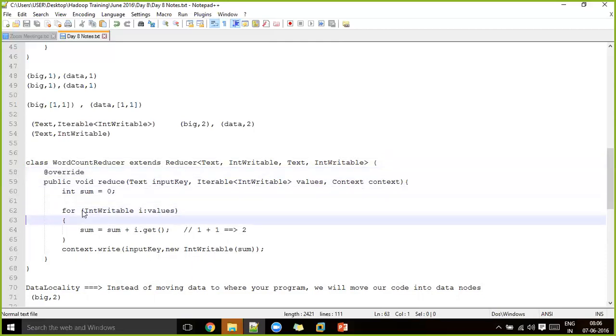Okay. Shiva, I have one question. Yeah, Neetu. In the reducer method you have shown just now, when we give the input,